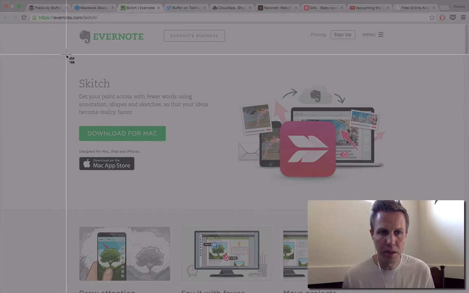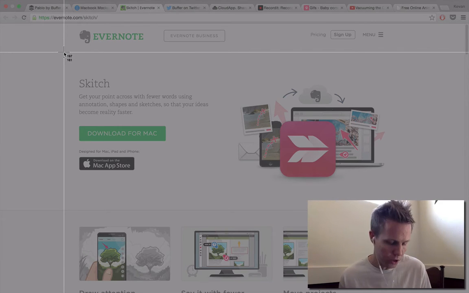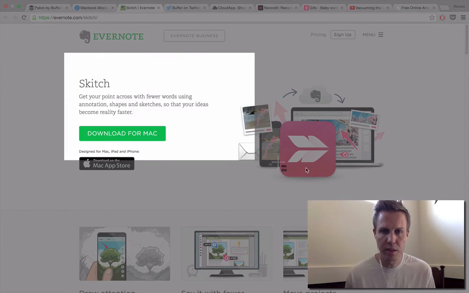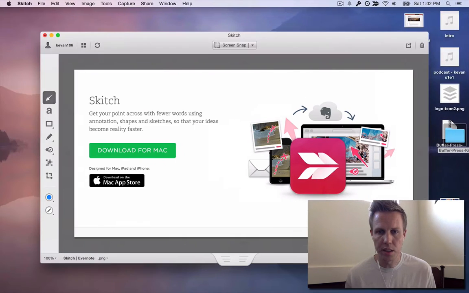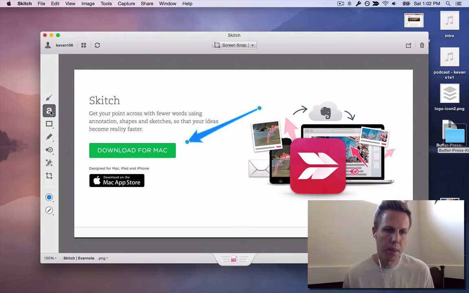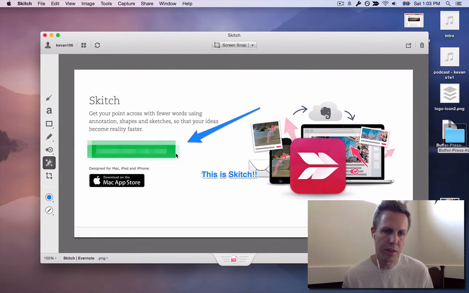I have Skitch open in my computer, so when I do the keyboard shortcut Command-Shift-5, it gives me this cool way to grab something. So I'll just click and drag there. It pulls it up into Skitch. Then you have your options on the left side here. You can draw arrows, and then you can resize them however you'd like. And you can add text. And if you have any sensitive information, you can blur stuff out. Lots of cool options for Skitch here.